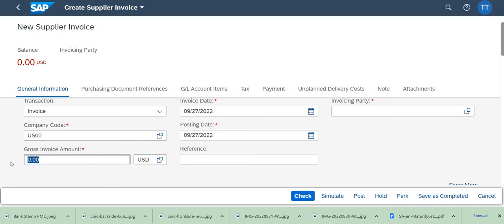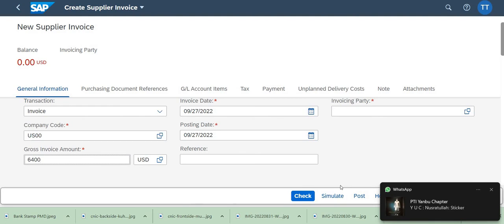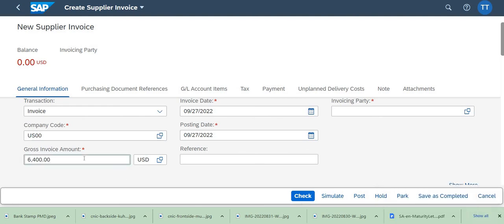So I'm going to put not 3200, full 6400. Why? Because we have done with only one item as a whole. So we are putting this 6400, and then what we do,